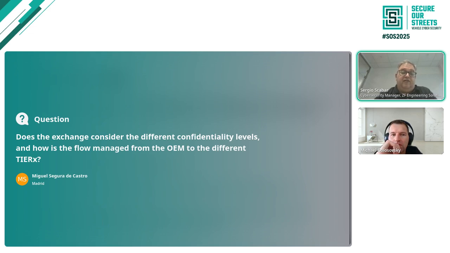I know that if you go a little bit deeper into the new standards like the TAF, the Target Attack Feasibility, it's something that the OEMs will share with the tier ones and tier twos. This is something that you need to receive from the OEMs, and we need to take care and implement the TAFs. Currently OpenXSAM is not supporting TAF. A new one will at least be prepared to support TAF also.